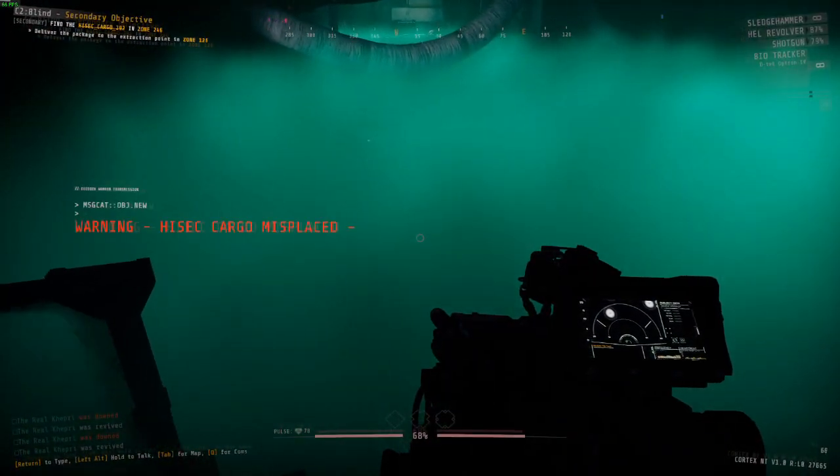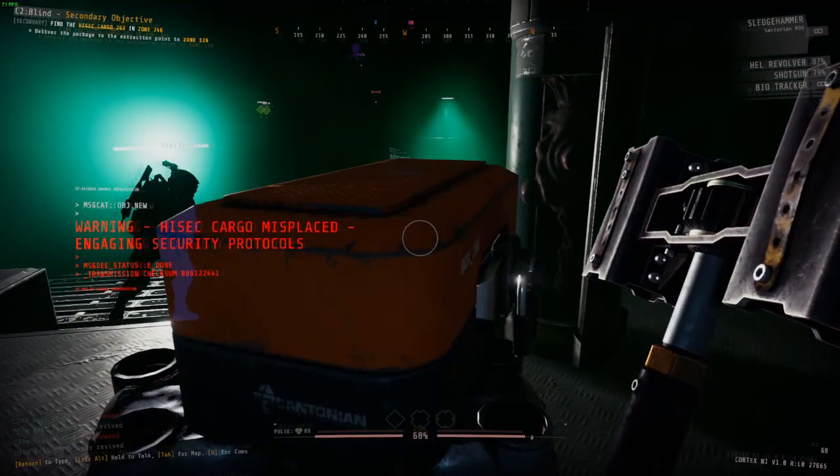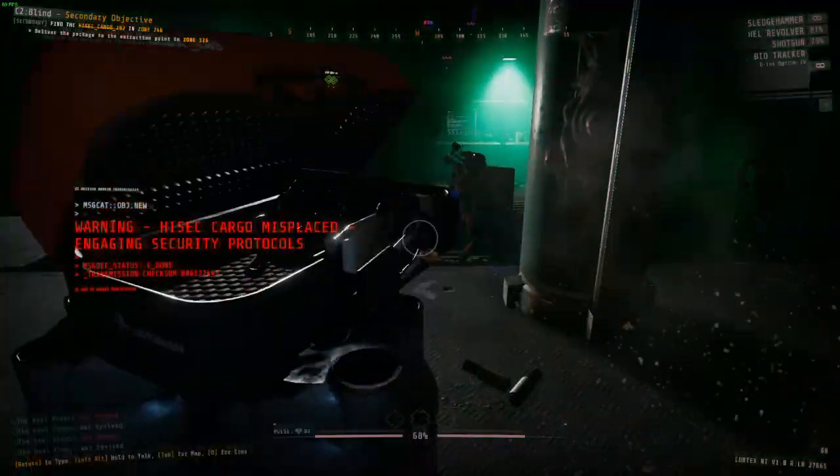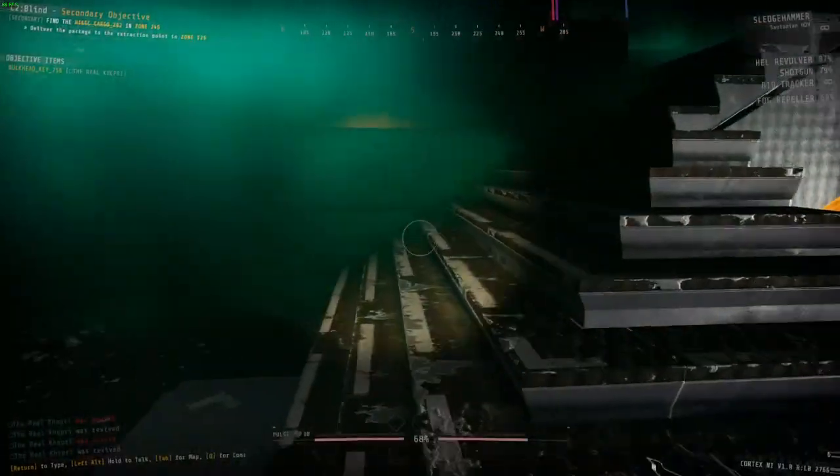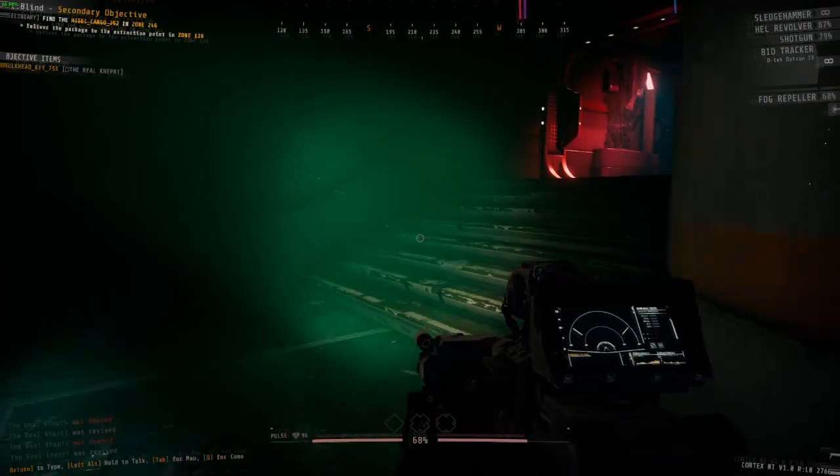Every single box in this zone is going to have fog repellers in it, so make sure that both players that come in here are carrying fog repellers before they leave with the key. Once you've gotten the key and some fog repellers, run back towards the bulkhead door controller so you can put